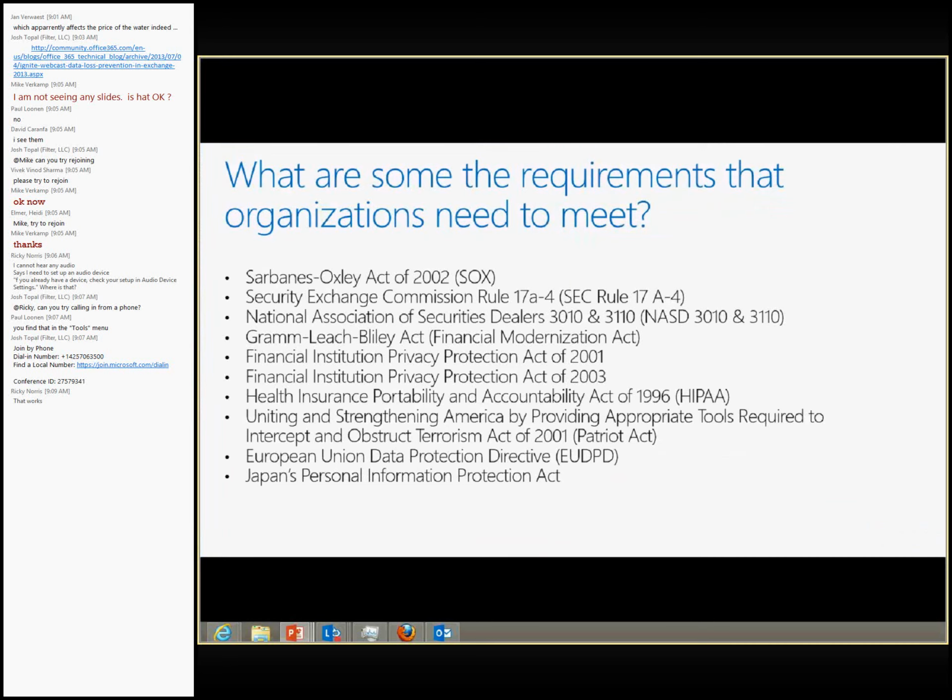So for those who are joining in from the US, you probably know the Patriot Act, the third from the bottom. Those of you from the European Union, the European Union Data Protection Directive. And if you're in the financial or health sector, for example, you have to abide by the HIPAA Act. So these are all the different types of acts that companies, depending on your location and your sector, need to abide by, or at least try and abide by, if you don't want any kind of